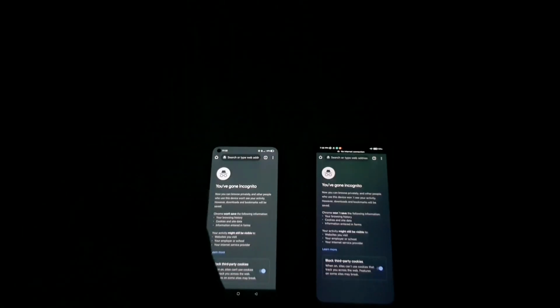Let me compare side by side whether you can actually see the green tint in the Realme X7 Max. I think this box looks kind of gray, not green. This Mi11X device looks kind of green, but the Realme X7 Max does not look like it has any problem at all in terms of green tint. So I'm comparing with the other smartphone which has a green tint problem, so you know exactly how to compare a green tint problem phone and a phone without the problem.